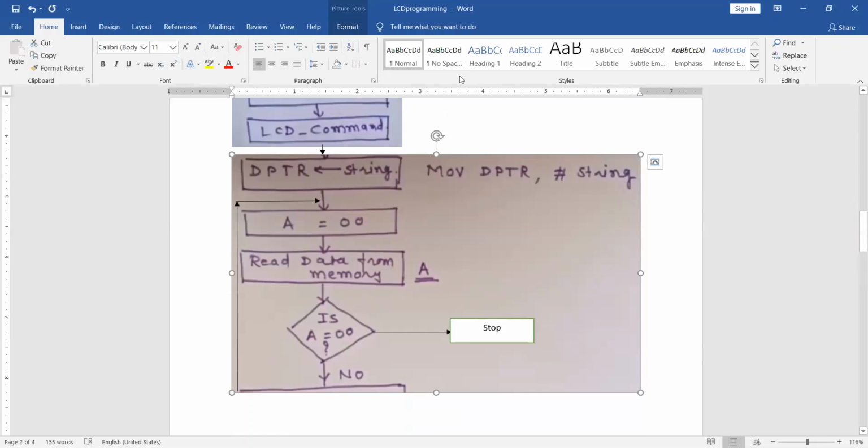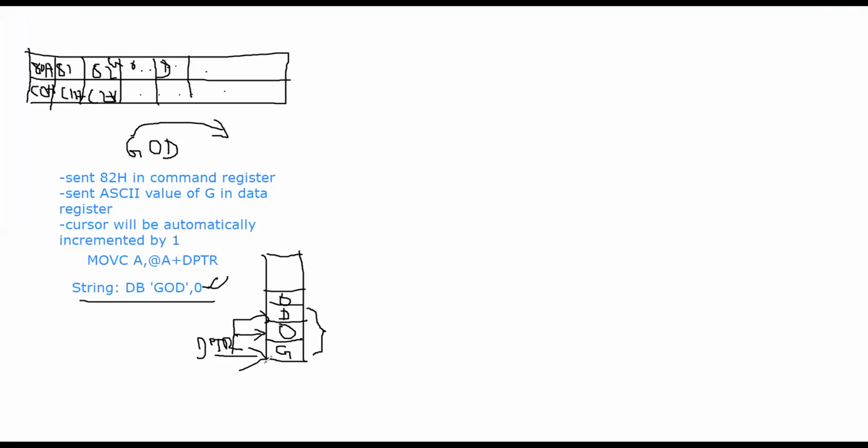Similarly, DPTR will be incremented. It will go here. It will check whether A equal to 00 or not. It will do this operation, then it will bring the ASCII value of O to the accumulator. Then another loop, DPTR will be pointed to D. Next, DPTR will be pointed to 0 and the program will stop.